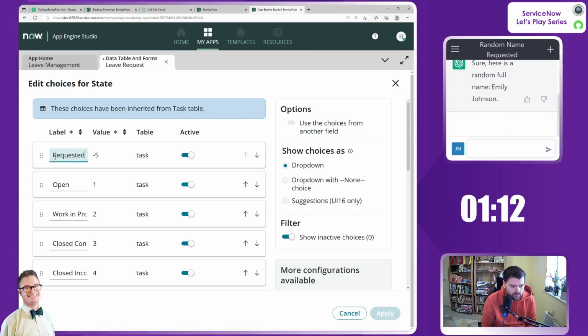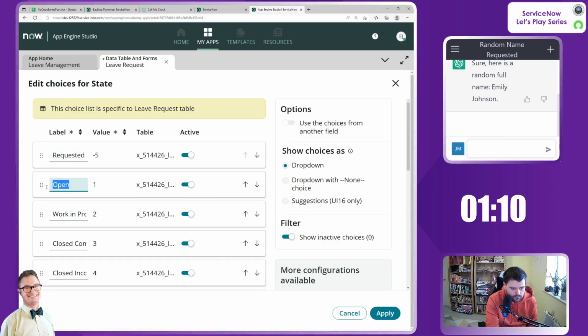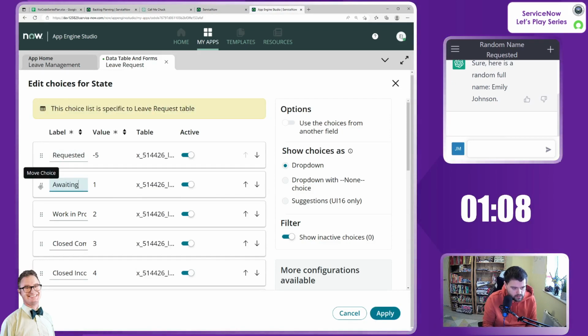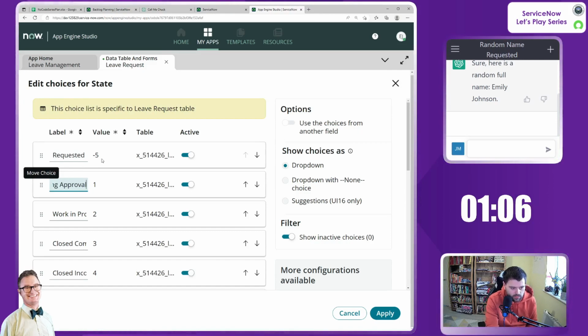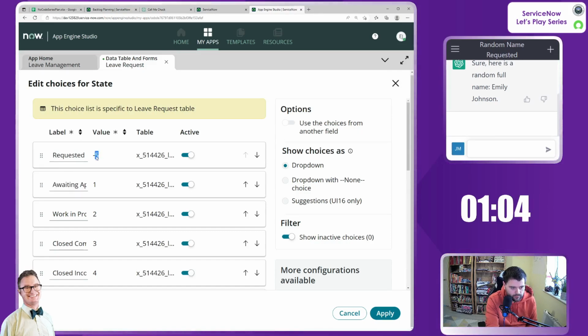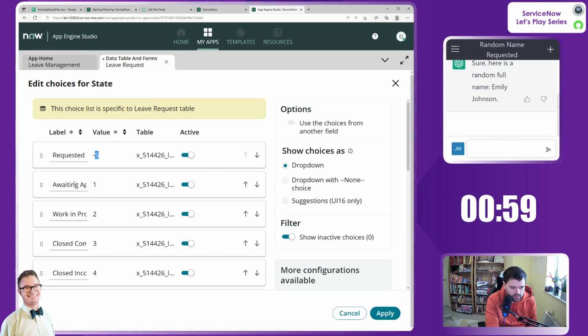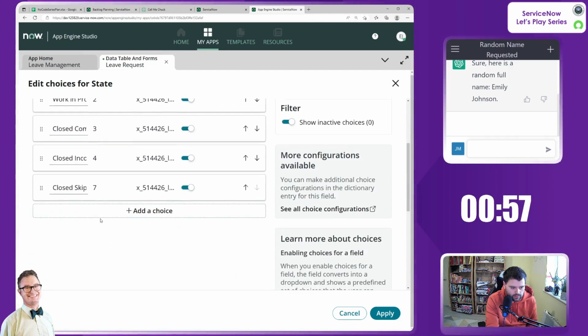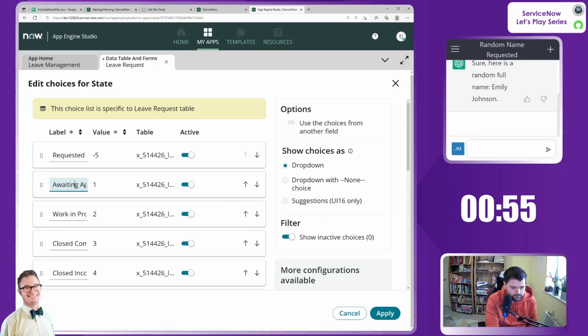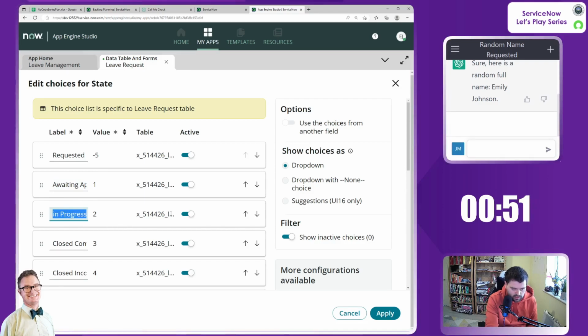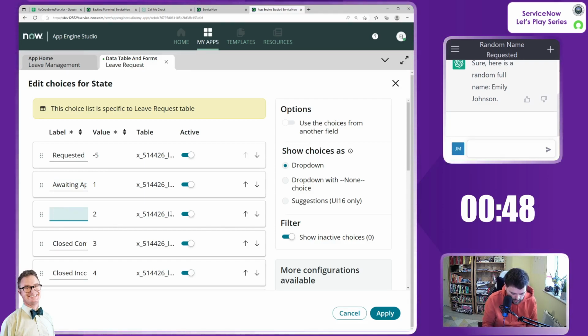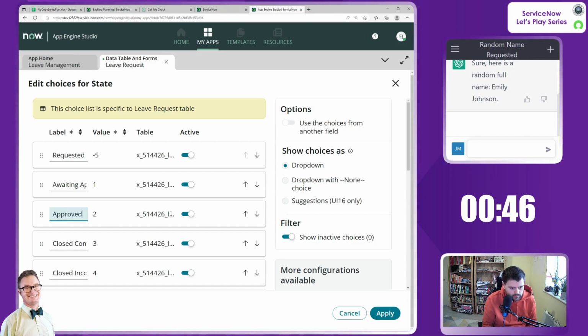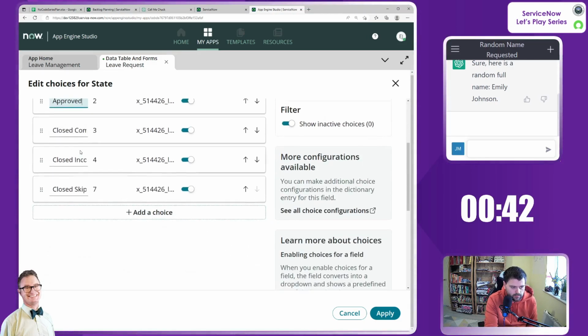So I'm going to say requested. Awaiting approval. Yes, so it's specific to that table, which is good. And let's not worry too much about the values of these. Awaiting approval. Approved. And maybe